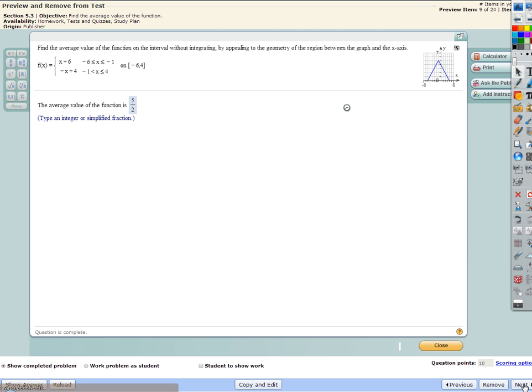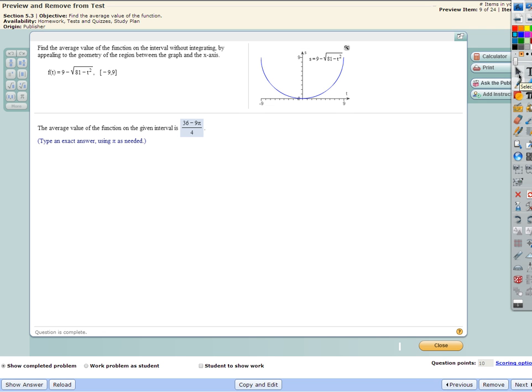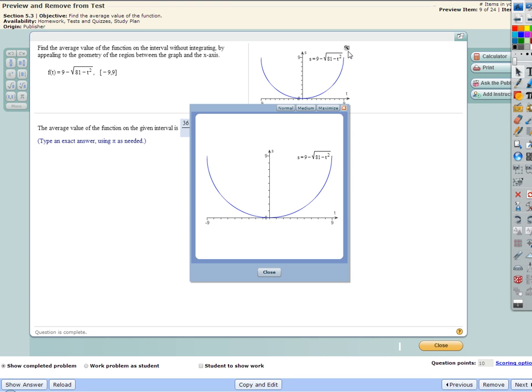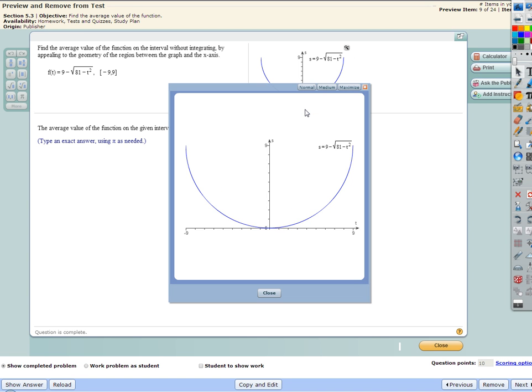Same thing here, right? Same exact idea. If we're trying to add up the area between the blue function and the x-axis, adding up the average value, really all I'm doing is just dividing area by width. In this case, how am I going to find the area of this thing? Is it half times pi r squared? Pi r squared divided by 2. Yeah, if I'm trying to add up this area right here,